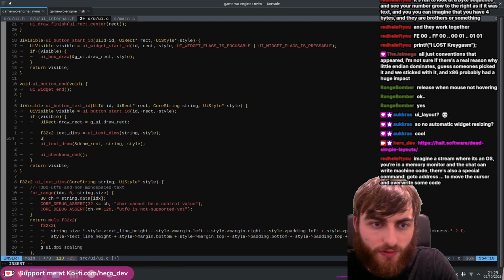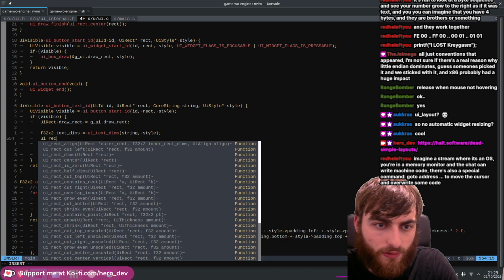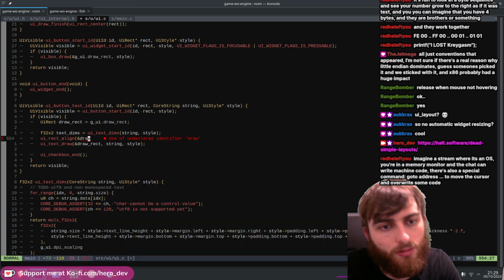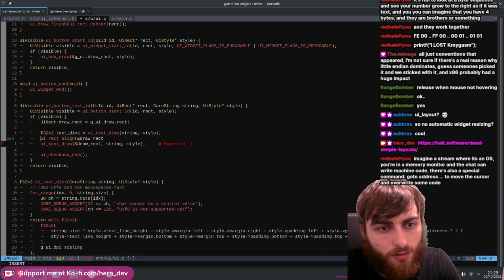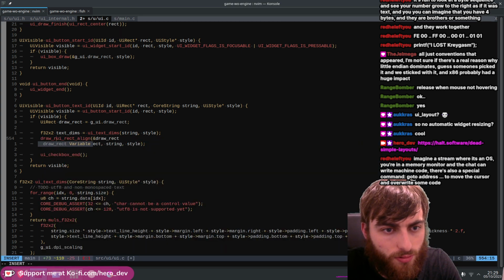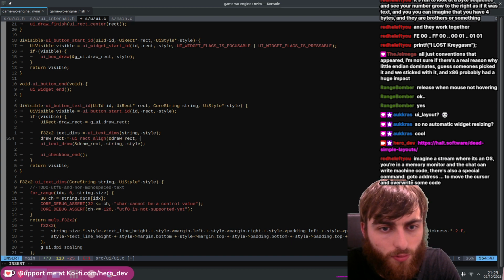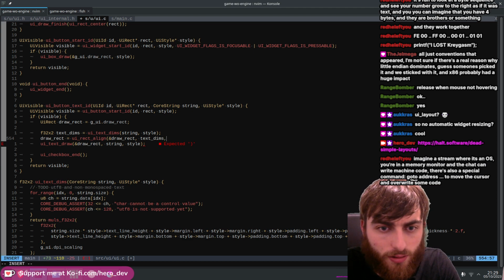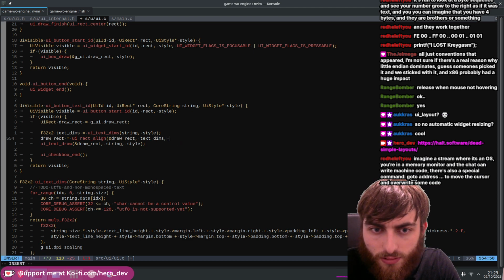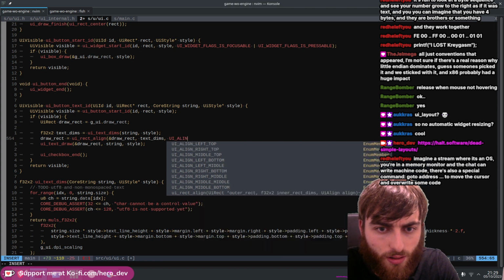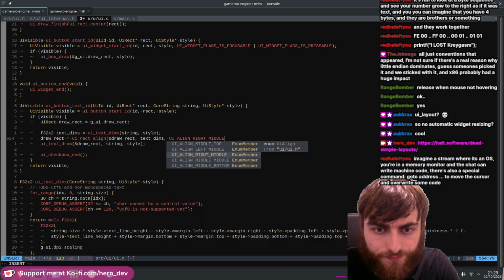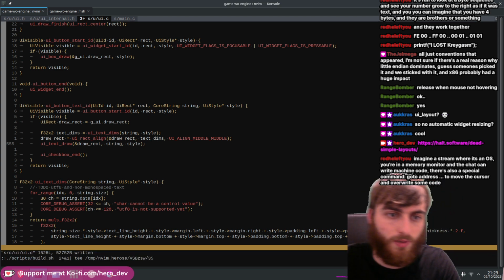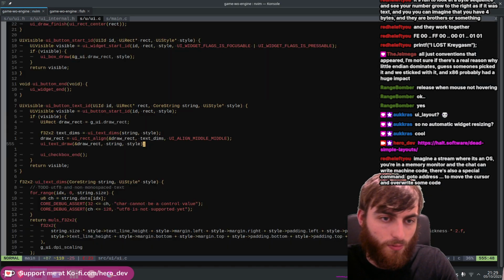Then we just need to be able to center the rectangle. So rectangle align. So the outer rectangle is this one. Draw. Right, and the text dims, that's the rectangle we're trying to align, and we get a rectangle back out. And we want it to be centered, so it'll be UI align middle middle. And there you go. Wait, not checkbox end,